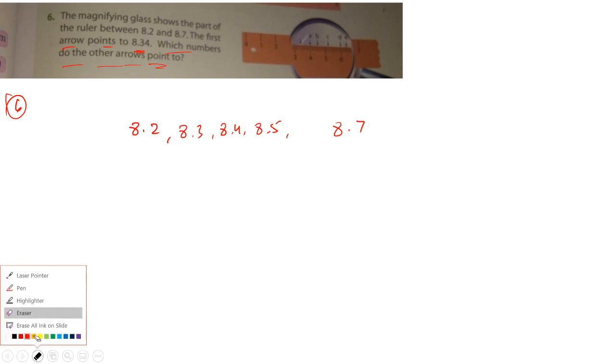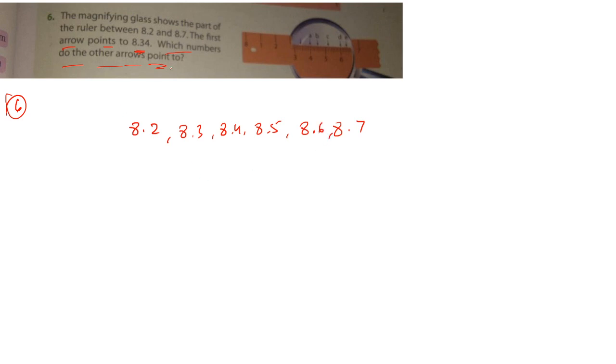Okay, so you will do this question on your own, but I'm just giving you the hint. In this question, there is a magnifying glass which is showing the part of the ruler between 8.2 to 8.7. Means how many numbers are there in between? 8.3 is there, 8.4 is there, 8.5 is there, 8.6 is there,